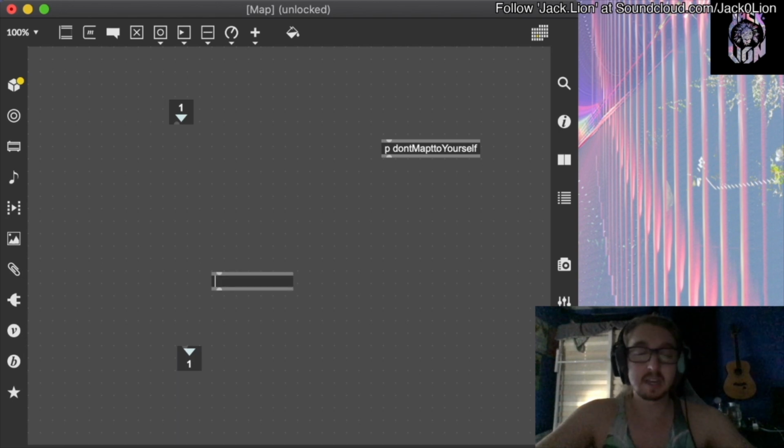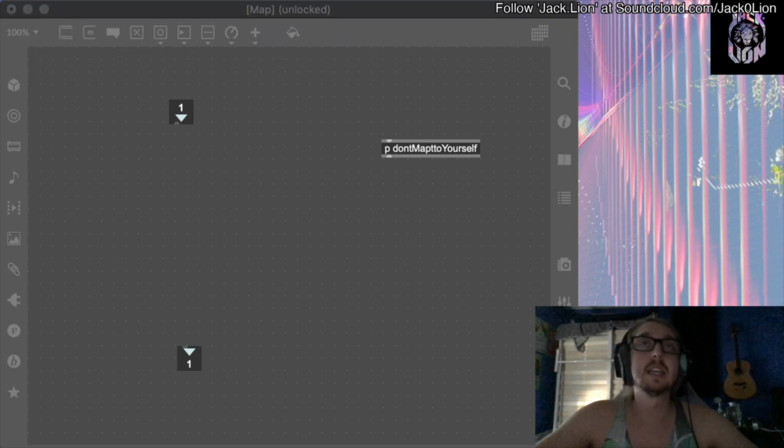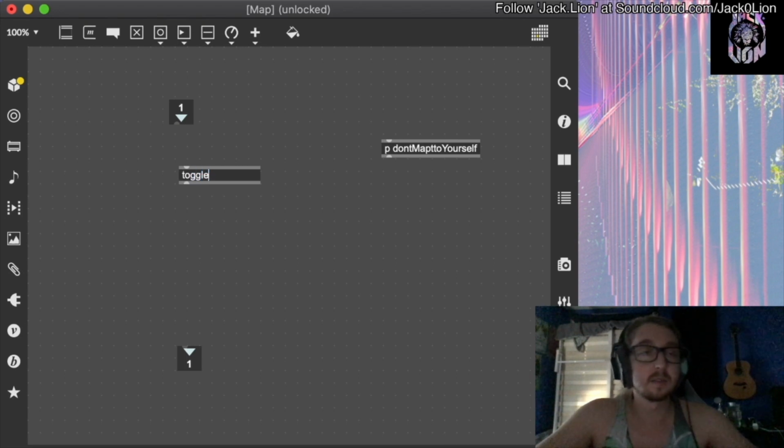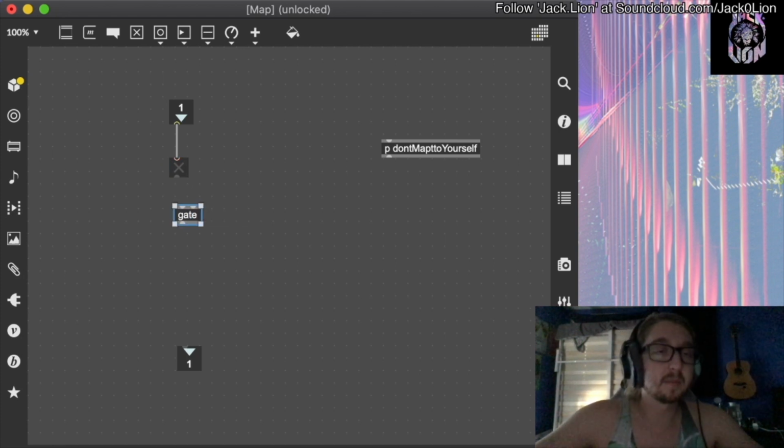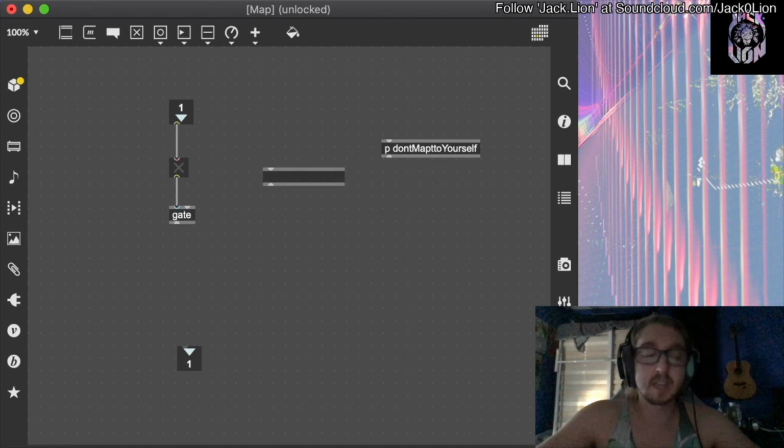So just type in outlet. Okay. Now the next thing we do is create a toggle. Okay, now connect your inlet to the toggle, create a gate, connect that, and now we're going to create a